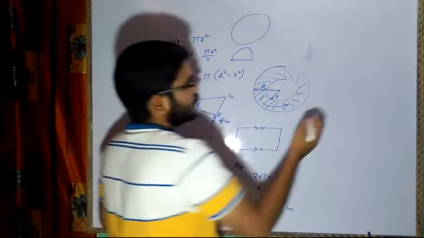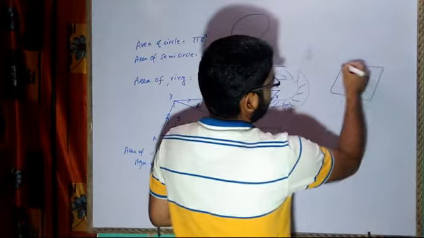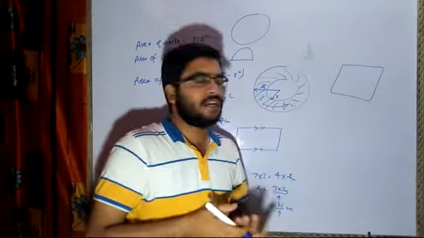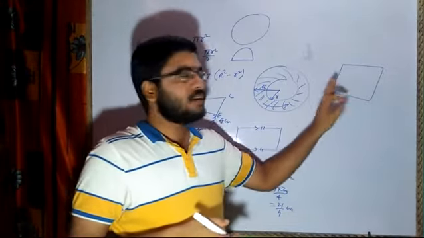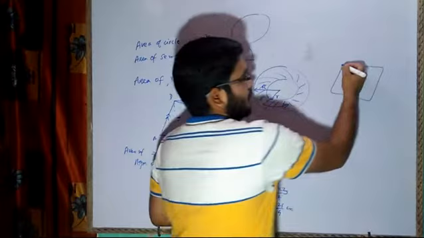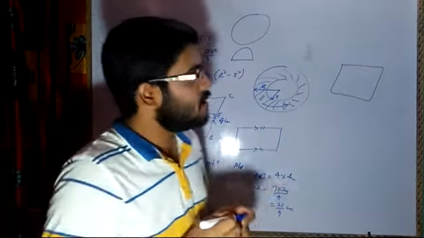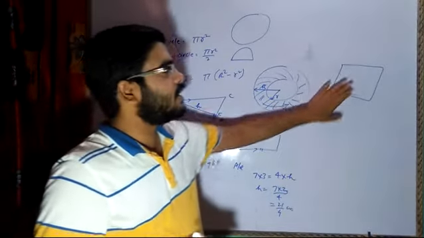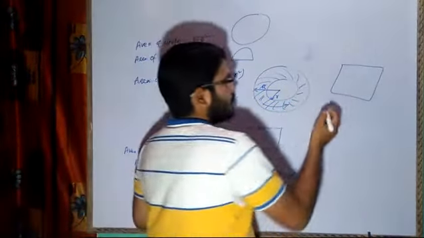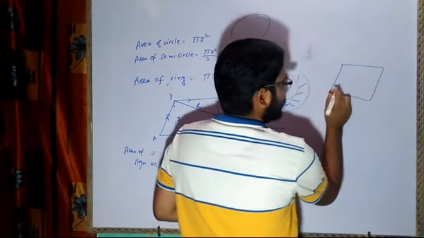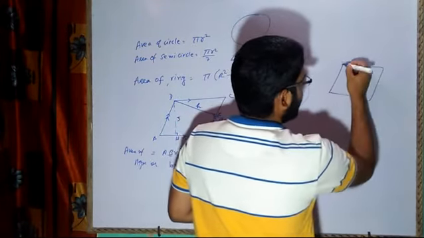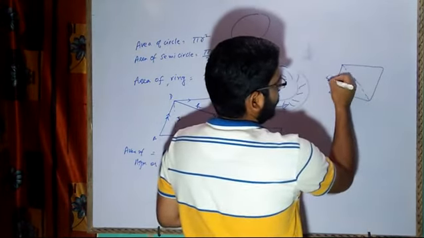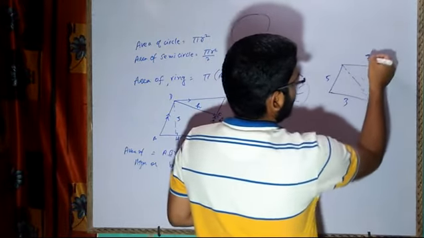Now we have another figure, like a quadrilateral. Now what is a quadrilateral? A quadrilateral is a figure which is surrounded by 4 sides. It is joined at 4 points and it is a closed figure, but it is not mentioned whether it is a parallelogram or which type of figure it is. The only thing given is a 4-sided figure. Now if a 4-sided figure is given, then the method to calculate the area will be, like you can draw the diagram, like here if they have given 5, 3, 7, 9.